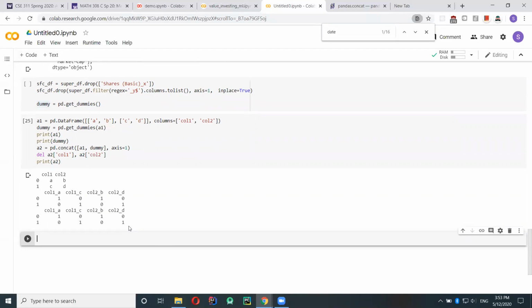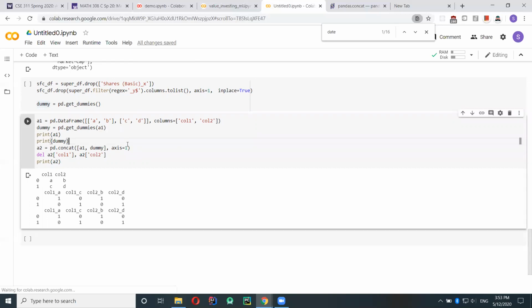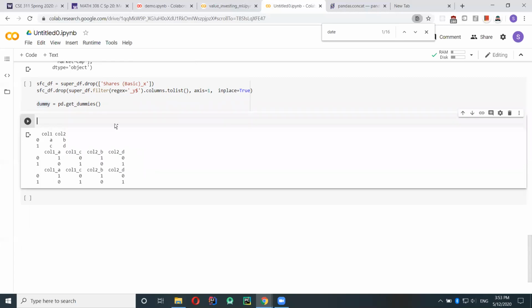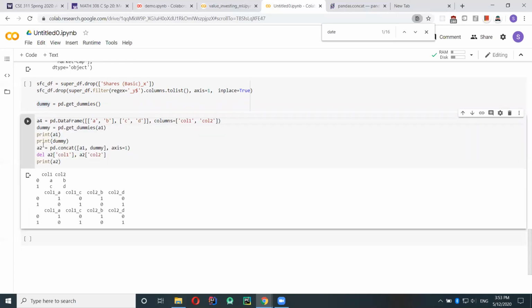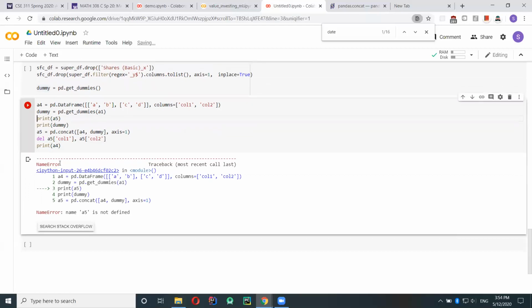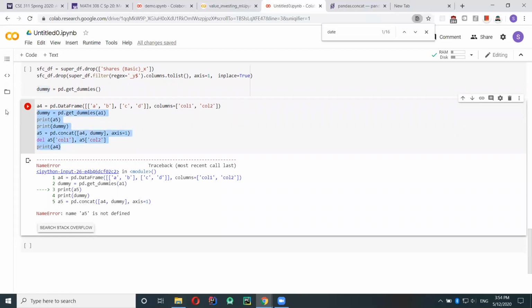And we have encoded, what? Okay, you guys got the point.